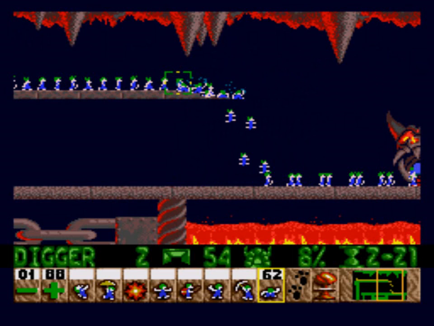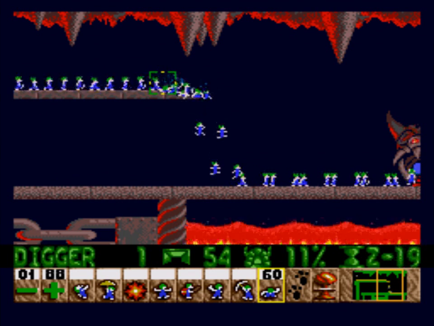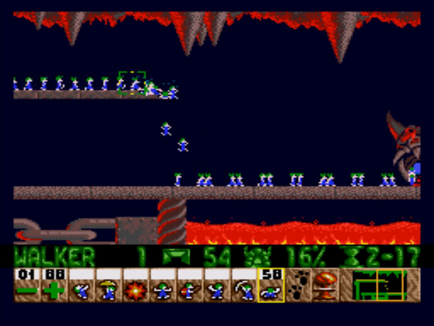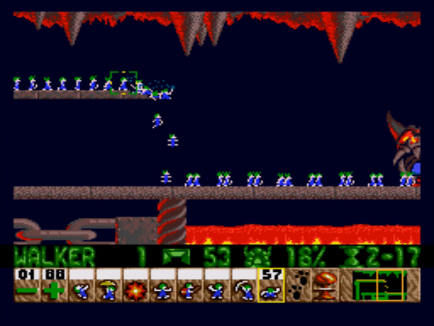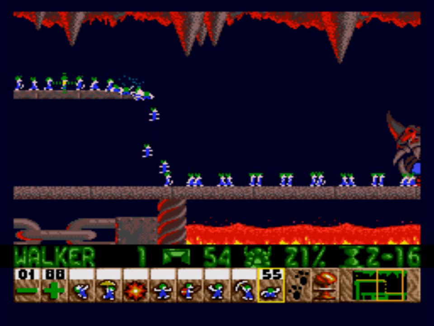Actually, it would appear this is working rather well with the release rate kind of where it is. Okay, one is inevitably going to walk off. If I get the one behind him every time... Okay, he's already walking off, so... Yeah, this allows me to use, like... Every other lemming passes by really quickly. So if I just keep paying attention...